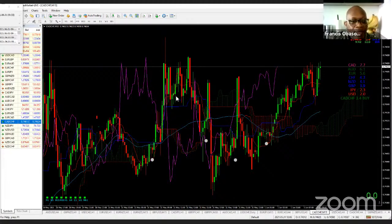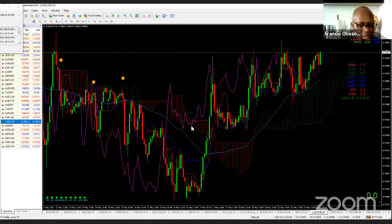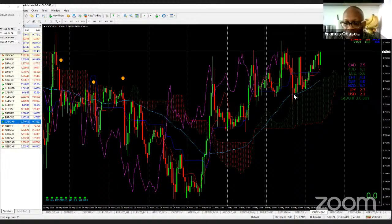This pair is CAD CHF. You can see, because the CAD is strong, the price is pushing up. Consider that it started pushing up from here. Let's go to the 1 hour time frame. So you can see on the 1 hour time frame, that is today,